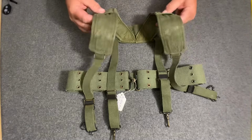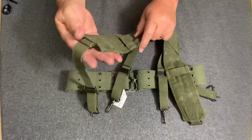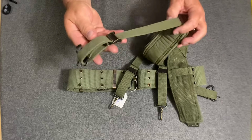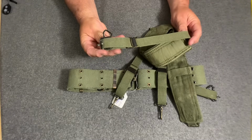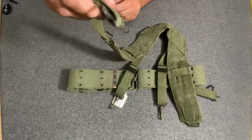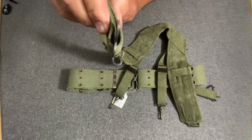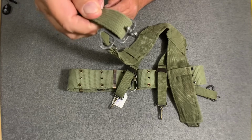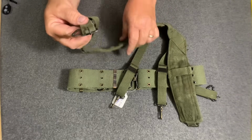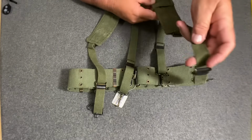Now, the second pair of suspenders are virtually the same. They're built pretty much identical to the first pattern suspenders, except for a couple of changes. One of the changes here, if you'll see how this hook here is made out of stamped flat metal. The first pattern, this will all be made out of round wire. Now the second change on these